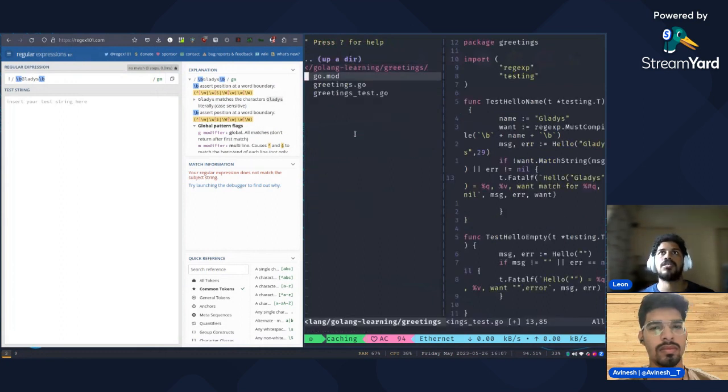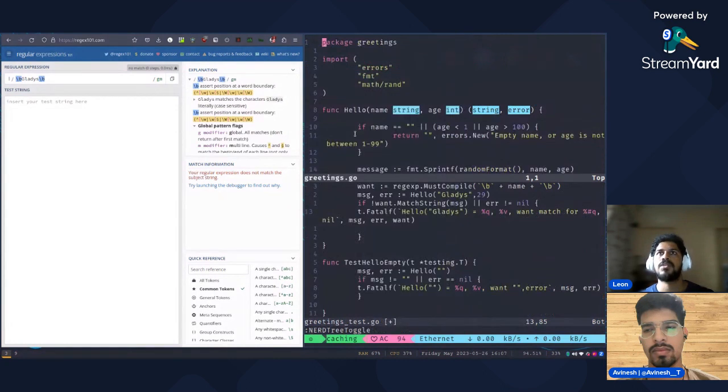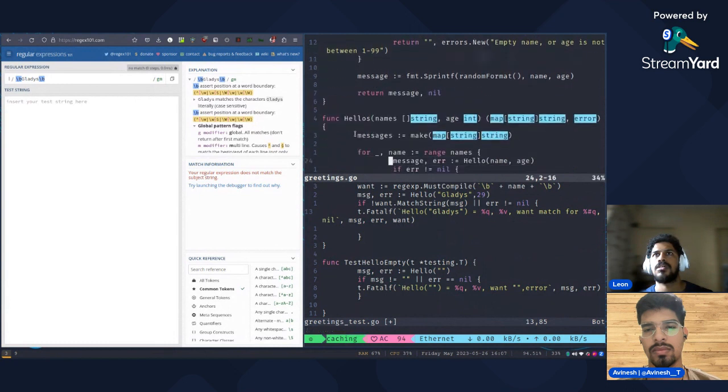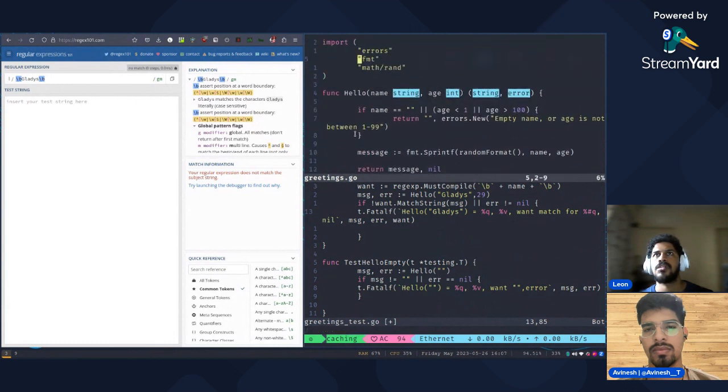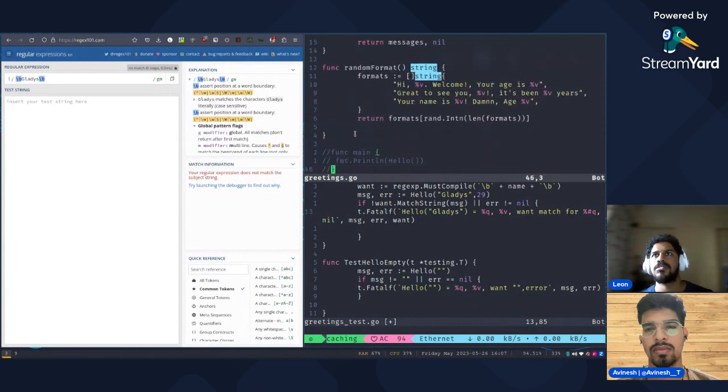And what am I returning here? My function hello returns a random format, any one of these, right? So if I put hi,